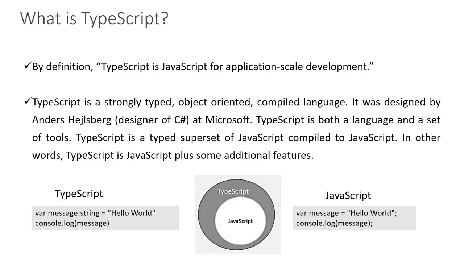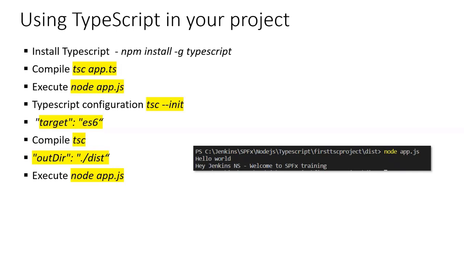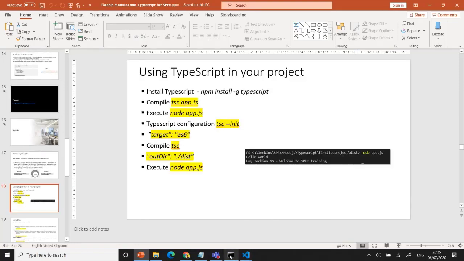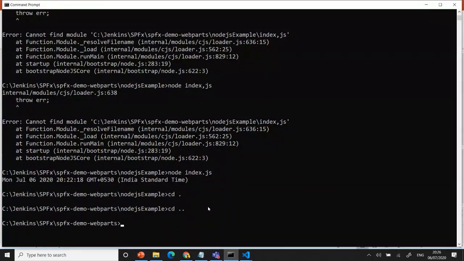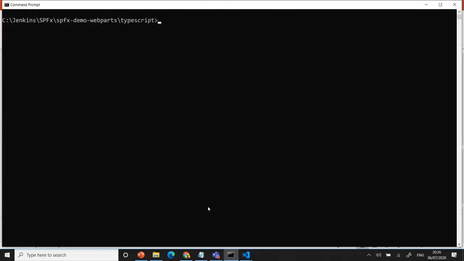I'll show the examples. Before that, just I'll show you, TypeScript always converts, then only executes. Without the conversion, TypeScript will not work. We convert first. Here also we can compile the TS to app.js, then it will bring the JS for you. For example, I am creating one new project. I can name it TypeScript. I change the folder with CD, and go into the TypeScript folder.